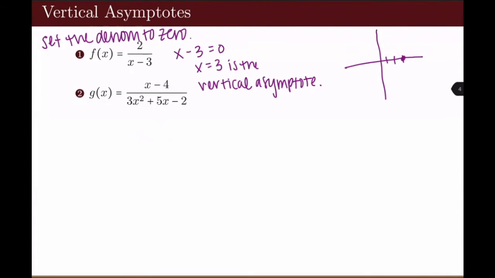So our vertical asymptote is going to be this line here at x equals 3. And then our graph cannot cross it. However, as our graph gets closer to it, it will trend towards infinity. So what that would look like is it gets very close to the line here and does this. And then on this side,